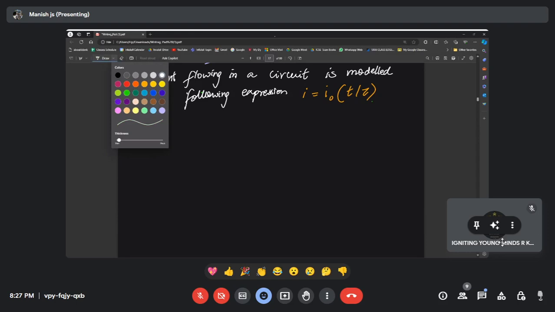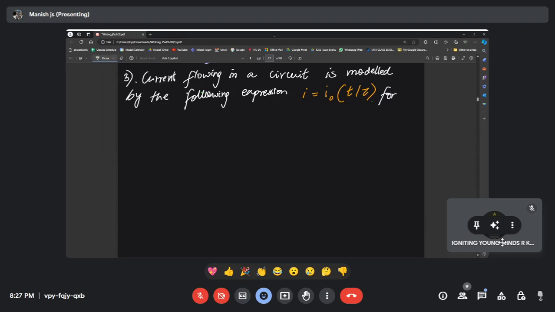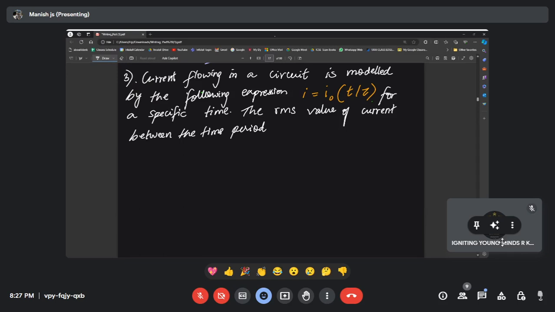T upon tau, for a specific time. The RMS value of the current between the time period t is equal to 0 to t is equal to tau is given by: